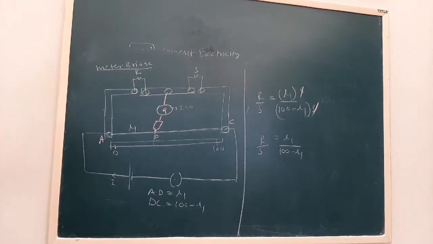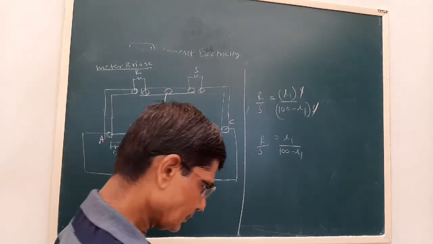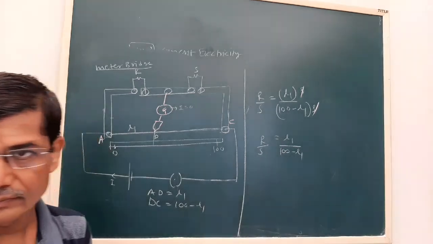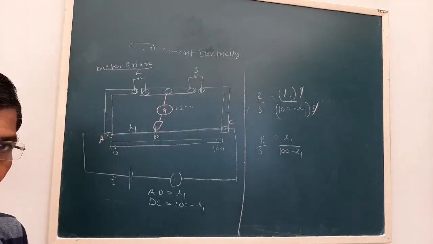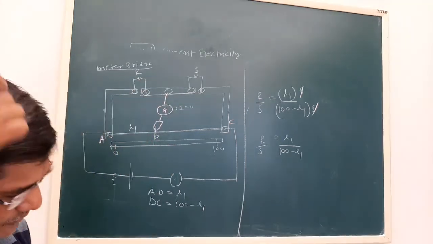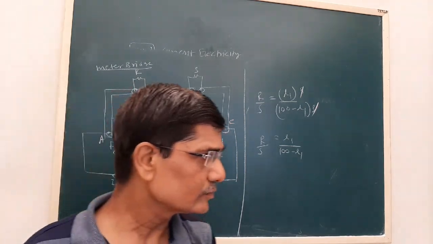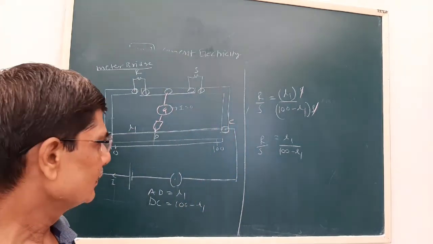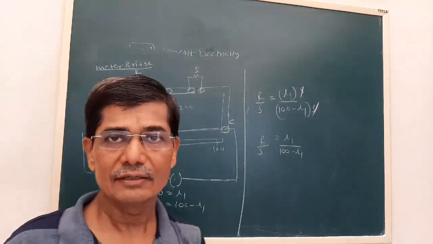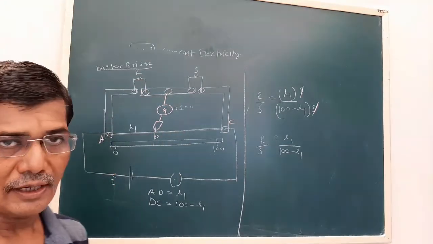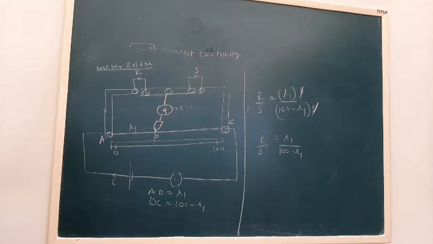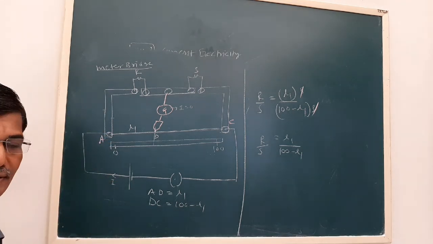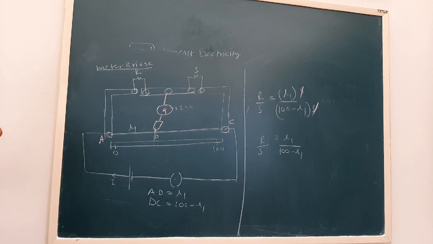So what we have seen today: we saw Kirchhoff's first and second law. The first law is based on the law of conservation of charge. The second law, that is the loop law, is based on single valuedness of the electric potential in a circuit and the law of conservation of energy. We saw examples for this, how it is useful to analyze any electrical circuit. Then we saw about the Wheatstone bridge and meter bridge. There is a practical application of the Wheatstone bridge.